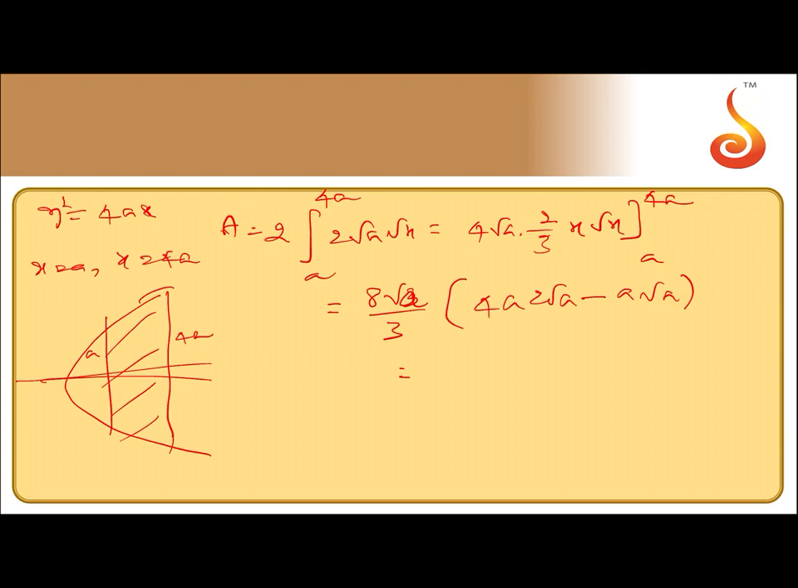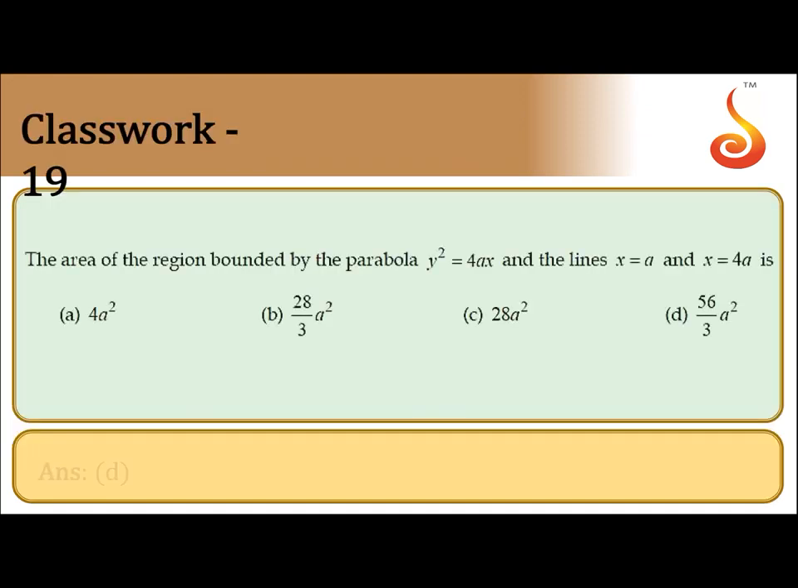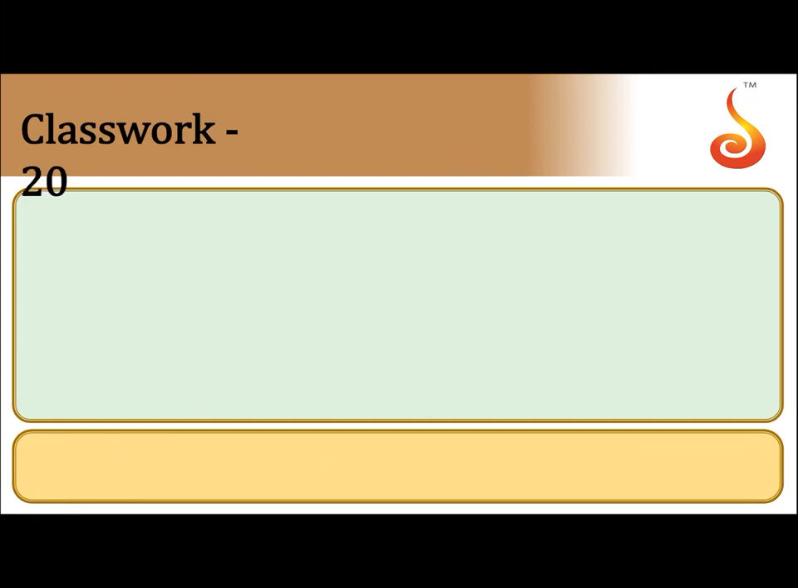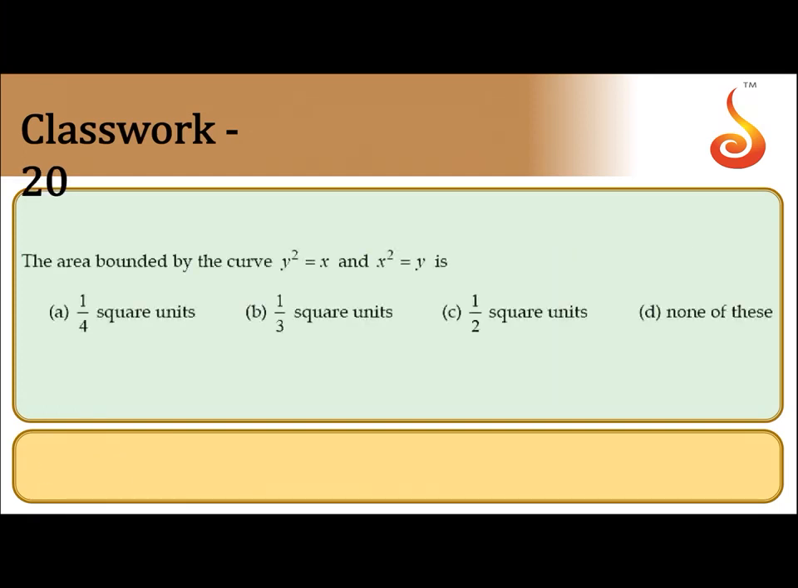4 2s are 8 minus 1, 7. 7 8s are 56. Yeah, 56. Okay, this is 7. 8 root a by 3 multiplied by 7 times a root a. That is equal to 56a square by 3. So let me check, yes, correct. 56a square by 3. Coming to the next one, area bounded by the curves y square is equal to x